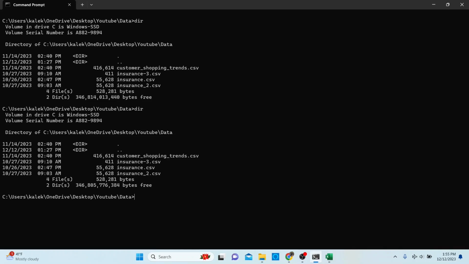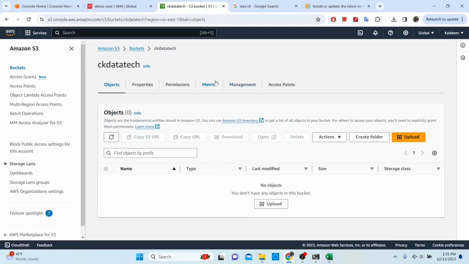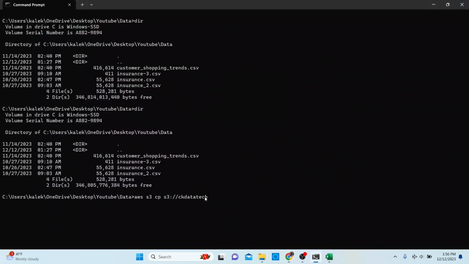So all I have to do is issue this command AWS S3, and we want to copy this file. So we want to copy it to that packet that we created, which was CK data tech, I believe, right? We can confirm that that was it right here. Okay, CK data tech. So once we issue this command, we should be able to see this file uploaded to that packet. Okay, so I'm going to click enter,